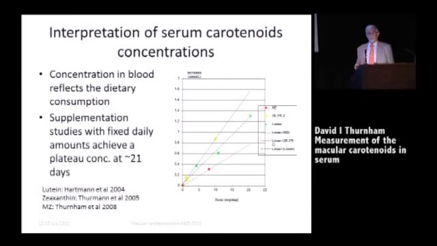What they both showed was that there was a plateau effect after approximately 18 to 21 days. After that time, there was no further increase. So I've plotted those plateau concentrations on this slide, and as you can see, and I think somebody said earlier this morning, there's a fairly linear response to both zeaxanthin and lutein. I forget why that one's a different symbol. Never mind, for the moment, we'll ignore that one.